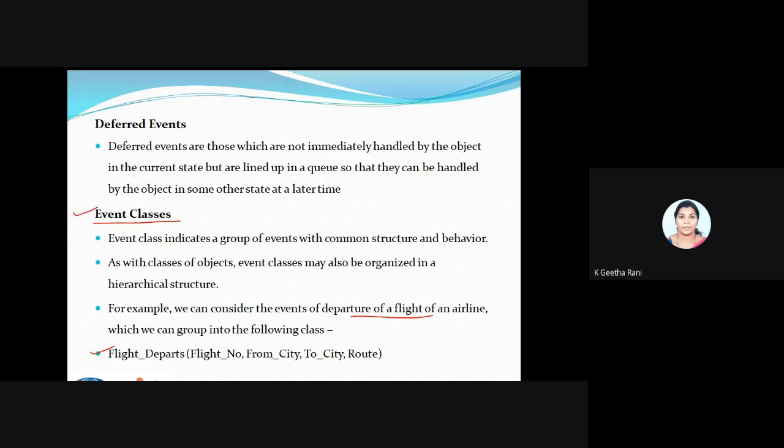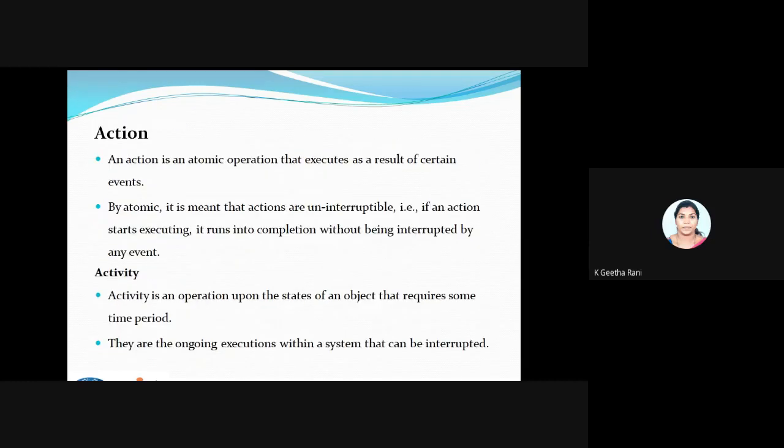Fine. So these are about the events, and next comes the term called action. We know what the action is. It's nothing but an operation that executes some result. That is the general meaning of action, a process. So what does an atomic operation mean here? Atomic is nothing but an action that should be uninterruptible. There should not be any interruption in my action. It's called an atomic operation.